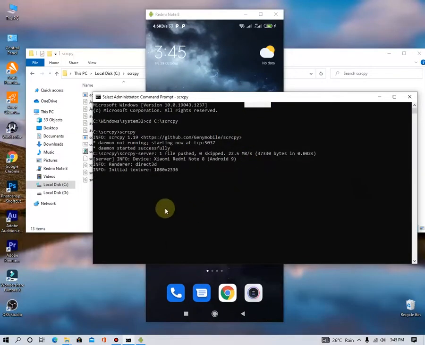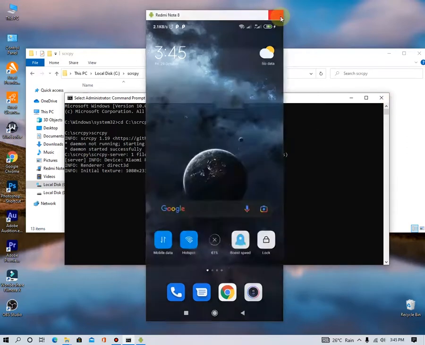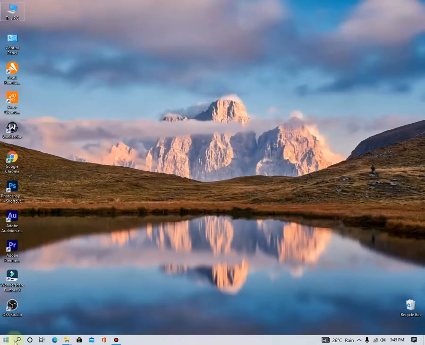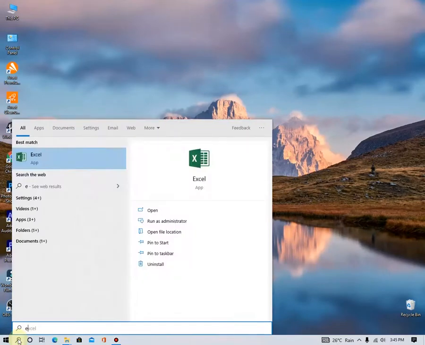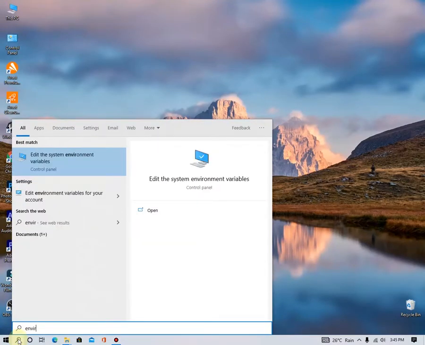So this is too hard to type. Always copy your device location and type scrcpy. Let's make this so much easier. Just close the tab and search for environment variables. Here it is.